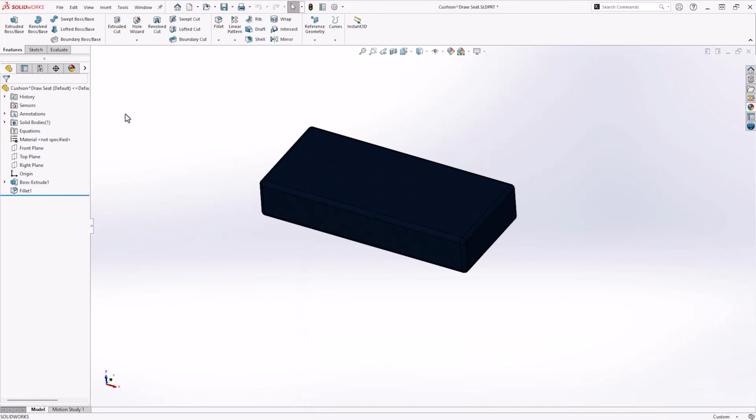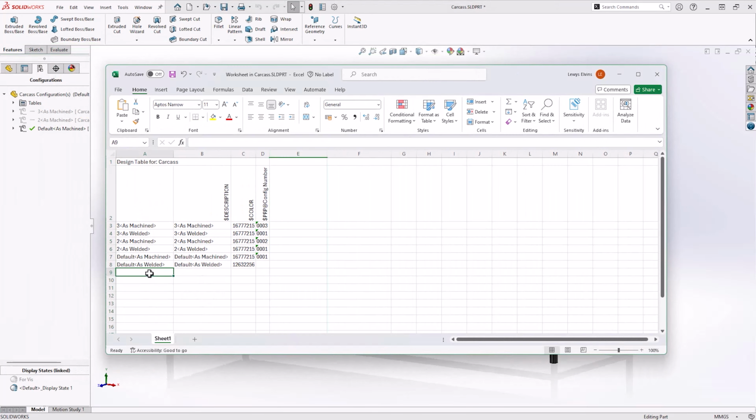Taking configurations a step further, we can also utilize design tables to configure models using custom properties. If we begin with an existing configured part, such as that from the previous tip, the design table generation process will be easier. Using the Auto Create option, any existing configured properties, such as width, should automatically be added to the table. If you'd prefer to create a new property and assign values manually, then the syntax you'll need is $PRP@ and then the property name. This can be added to a new design table column.